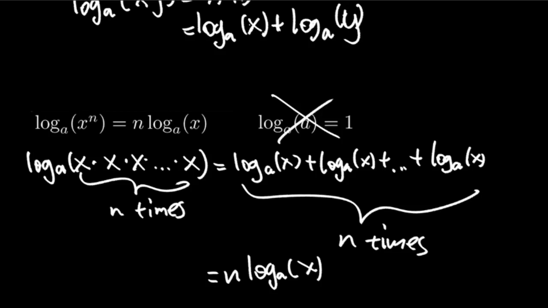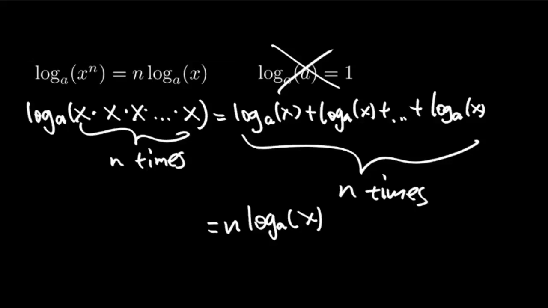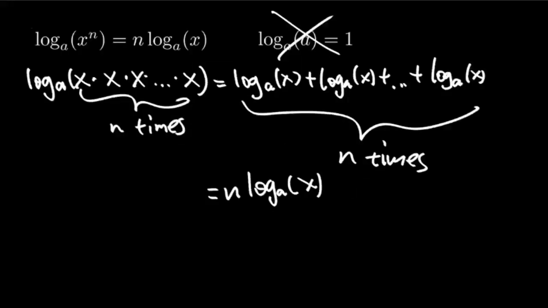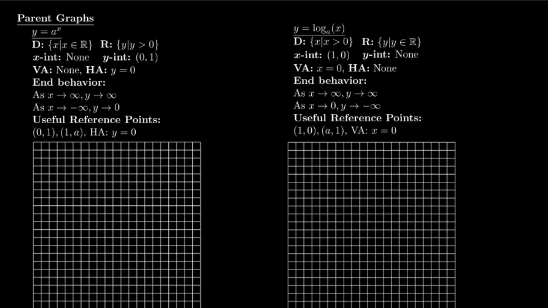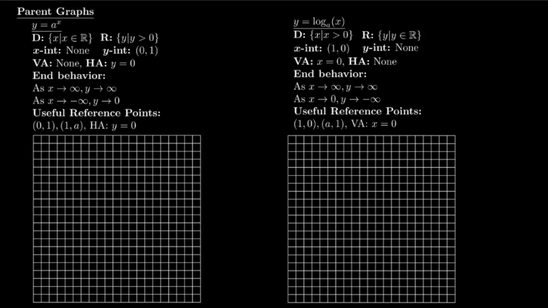Okay, so that's why that works that way. Now, let's move on to graphing. Here are the parent graphs of the exponential and logarithmic functions. We'll graph them together here. This is y equals a to the x, and y equals log base a